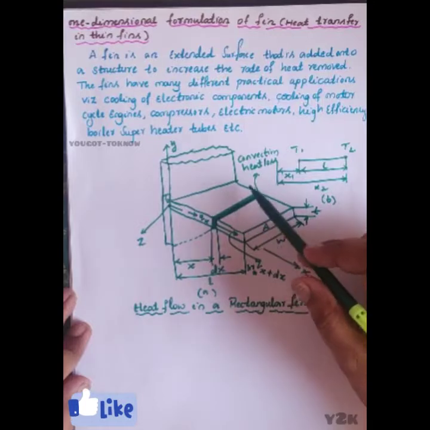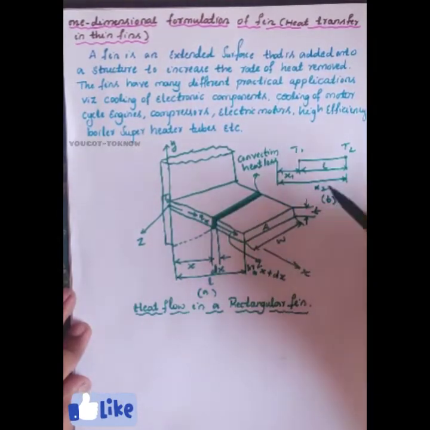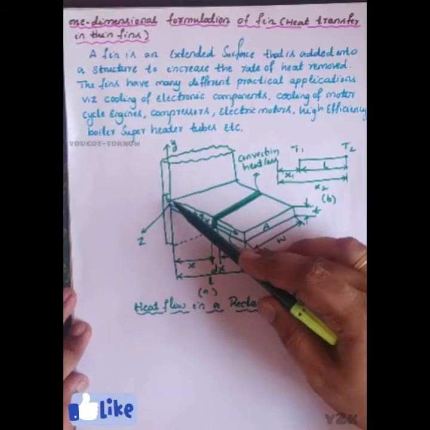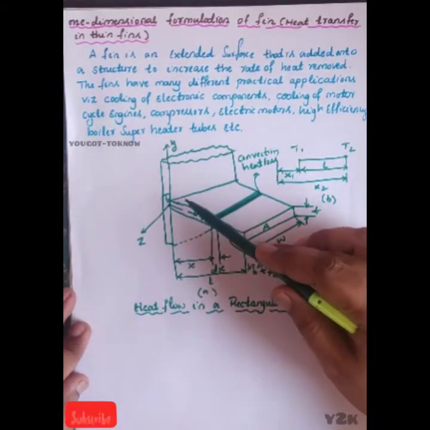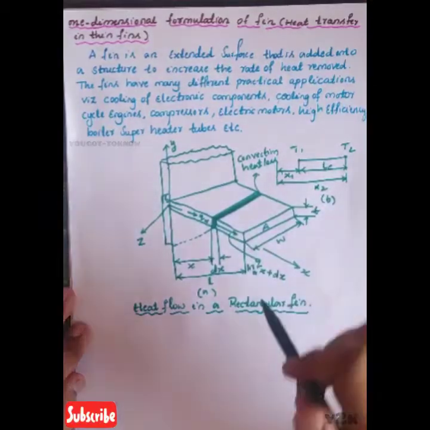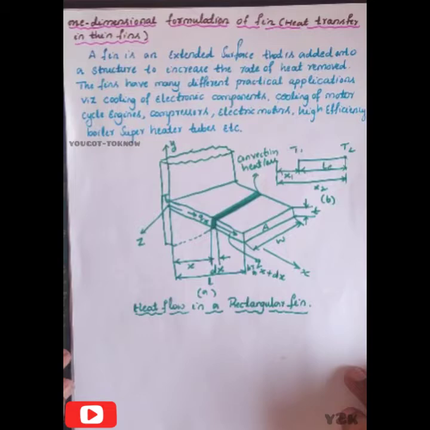Similarly, we have a convection heat loss, since the fin is exposed to a surrounding temperature, and we should consider that surface. Whatever is there, we represent in the one-dimensional element, having temperatures T1 and T2, with T0 and T infinity as the surroundings. Conduction occurs from T1 to T2, x1 is the distance, LE is the length of the element, and x2 is the distance from the origin to T2.